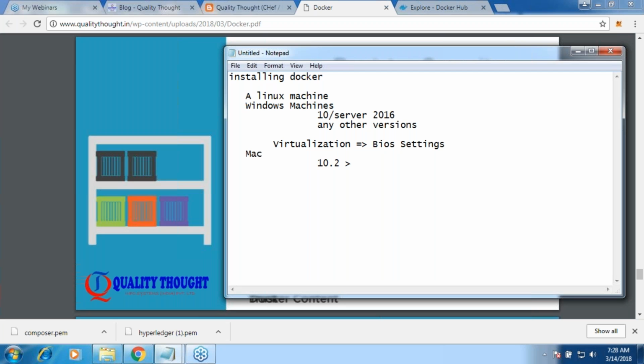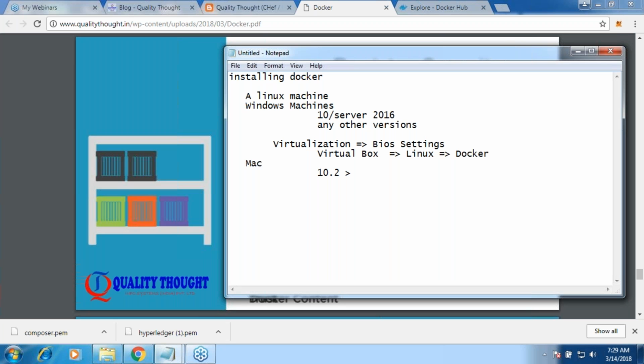Okay, fine. So in Windows 7, what happens is Docker installation installs a virtualization software called VirtualBox. On that VirtualBox, it will install a Linux image. And actually your Docker is installed on Linux, not on Windows. And from Windows, whenever you are typing any commands, they go and hit the Linux machine which is running on a virtual machine. That's the basic workaround for Windows 7, or even in the Mac in the case of versions which are less than 10.2.